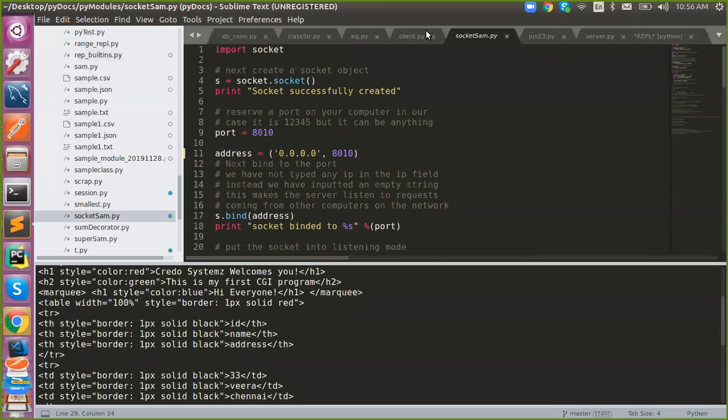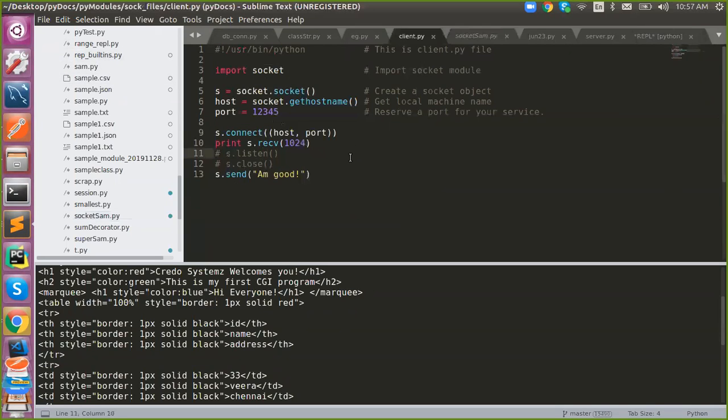Or else you can split it into client-server communication. So we need to run a server at one end and a client at the other end. Got it? That's fine too.